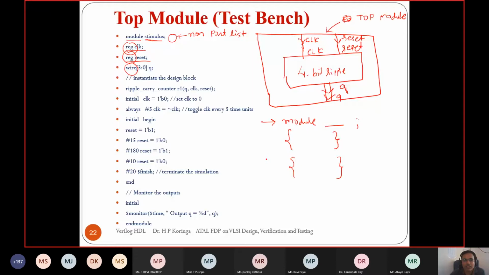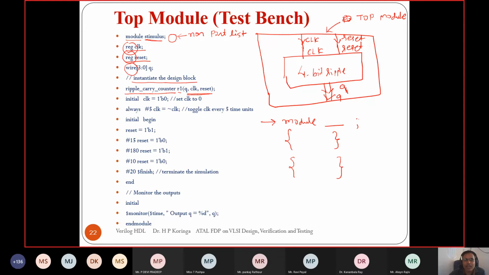So we have to instantiate the design block. And how to instantiate? It is by giving the name. So we have given the ripple carry counter as the module name. So we have to use that module name, and we have to save the program in the same folder, so it will call it. Then any label, then the port list, how we want to connect the top level variables with the 4-bit adder. And this port list we can specify using the ordered port list or using the named port list. We'll also see that later on, right?